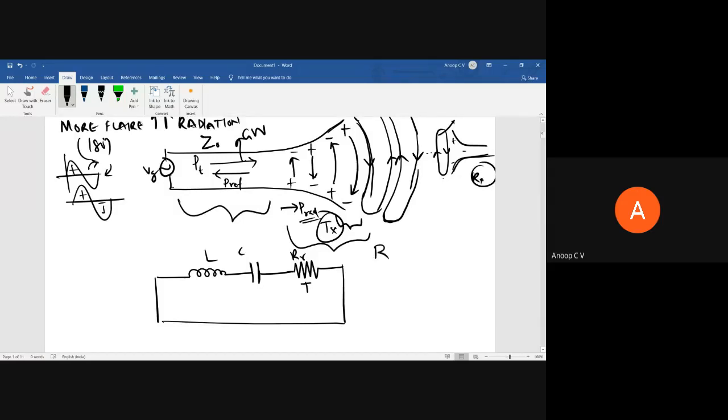It is a fictitious resistance, right? It is not a resistance which actually exists, connected here like this. It's not something like that. It is used to signify that a part of the power is radiated. If you can come up with a resistor and some heat is dissipated across it, then you can model this antenna as a resistor which dissipates heat, and that heat power is equivalent to the power radiated.